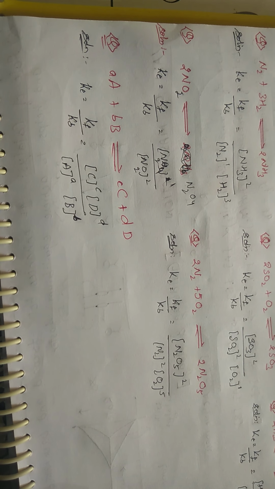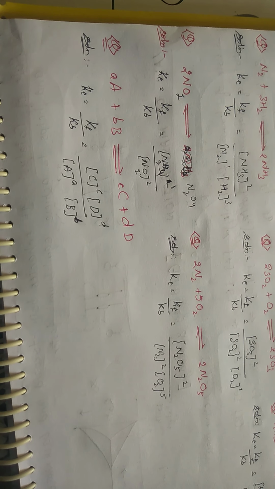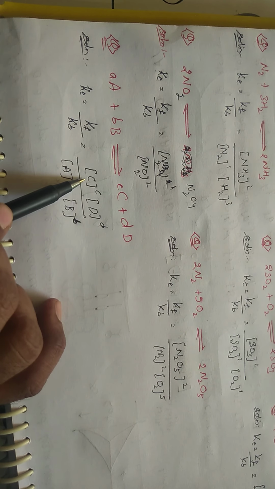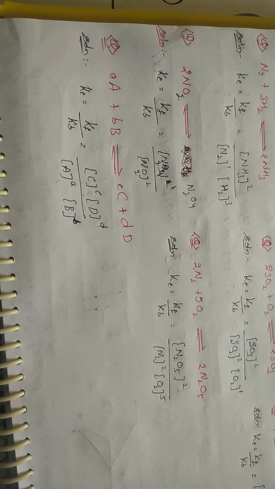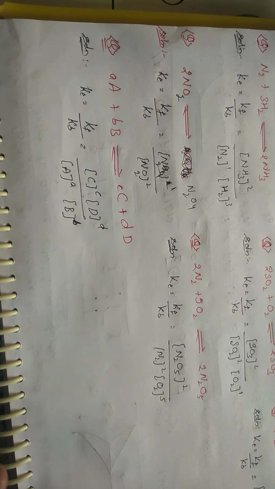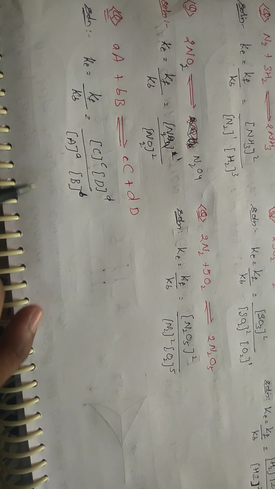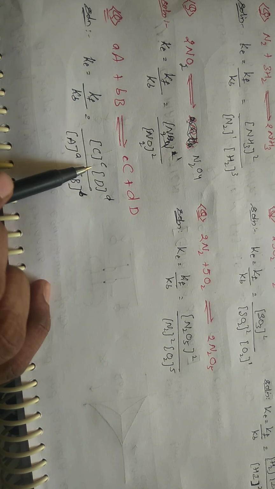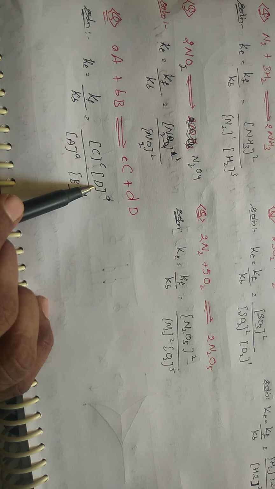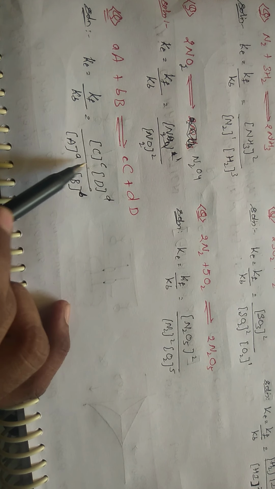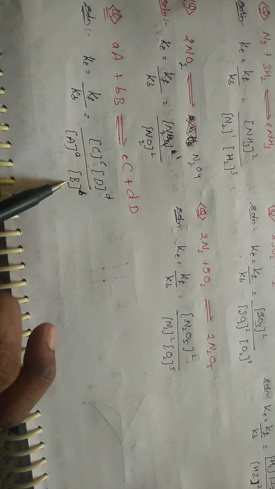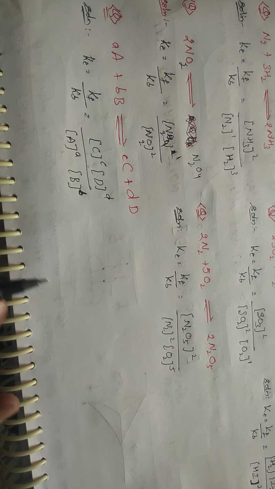So what is the equilibrium point? It can be defined as follows. If you are interested in that, you can write this. See, what you are doing with respect to C and D, you are multiplying, right? Multiplying means in mathematics you can call it a product. Okay. With respect to reactants, here also you are doing a product. See, K equilibrium is nothing but the product of the concentration of the products raised to their stoichiometric coefficients to the product of the concentration of the reactants raised to the stoichiometric coefficients.